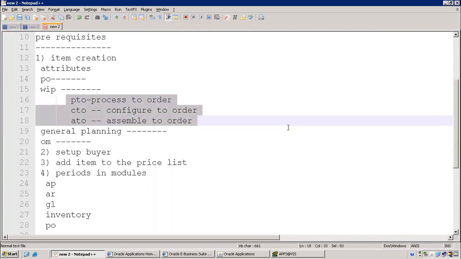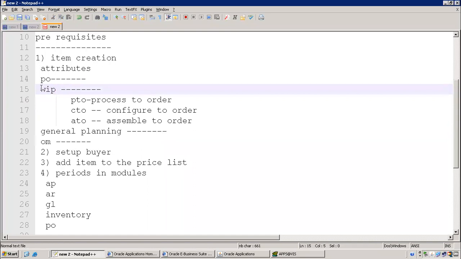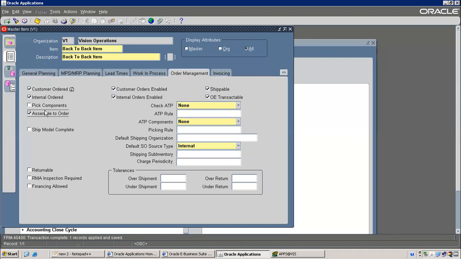If I tell you also what is configure, what is process, you may not understand. These are the terminology in work in process. This is a separate module. But right now for this flow, you have to remember ATO is enabled. Okay. Let's say